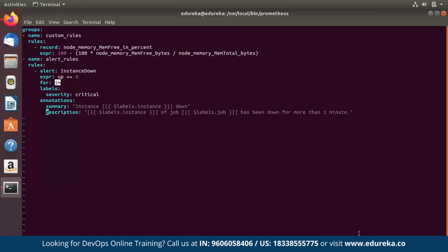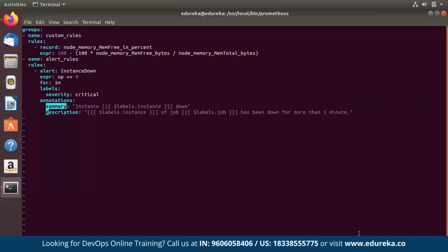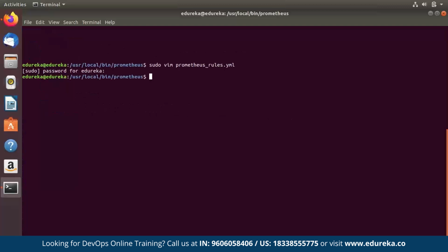So the severity is critical, and we have given annotations too where we have mentioned the instance. So this gives a summary of what instance is going down and a description too of the job type. And also we have mentioned the job type and that it has been down for more than 1 minute.